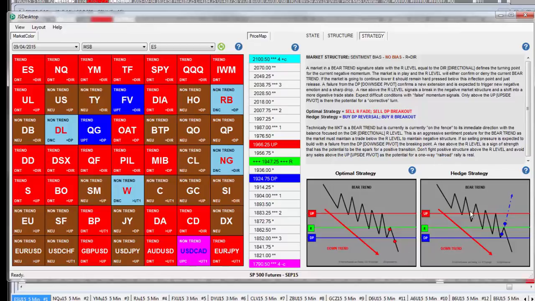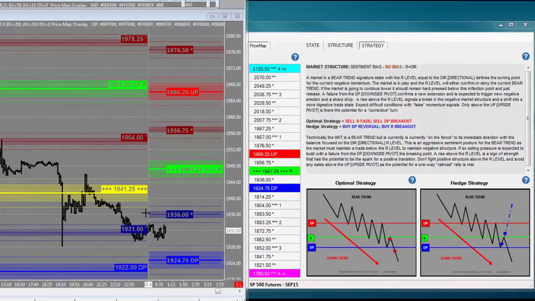And if we get a false signal to the downside, we have our buy DP reversal, and then the real break in structure comes if we get back above the 1947.25 level, and we'd have a buy R breakout as a hedge strategy. This is our Sierra Chart application. You can see the prior session's price map there. That was our initial target that's been adjusted up, and you can see how the R level